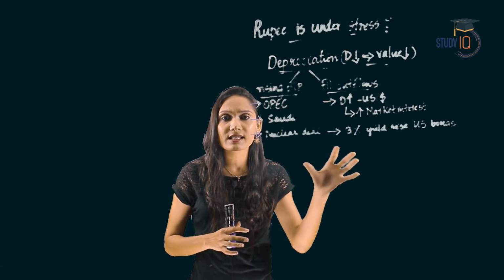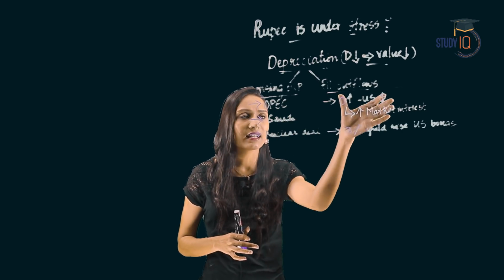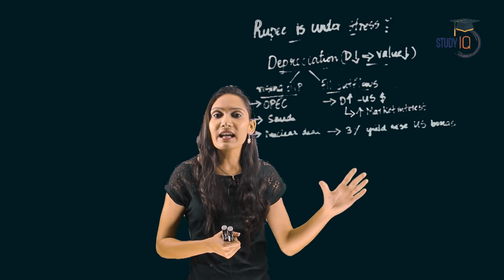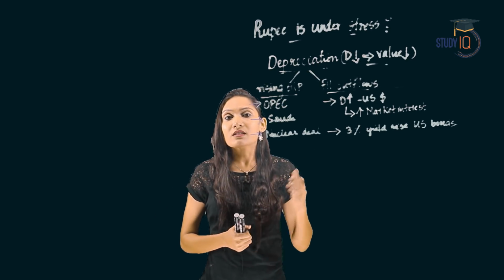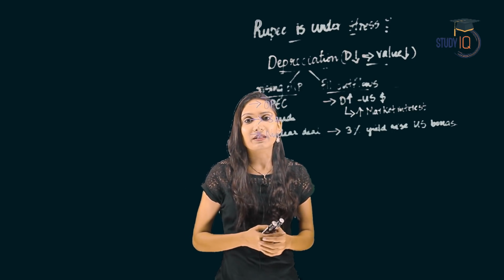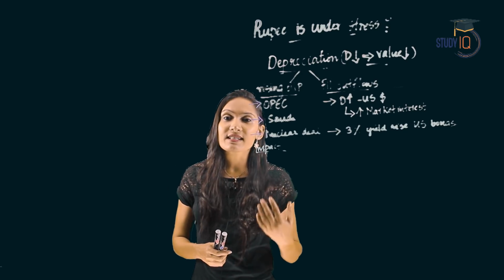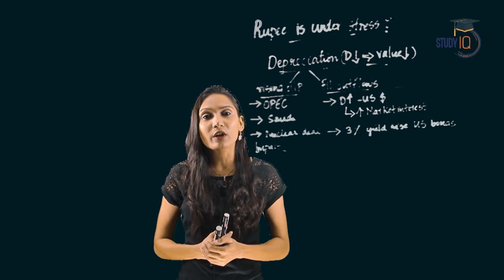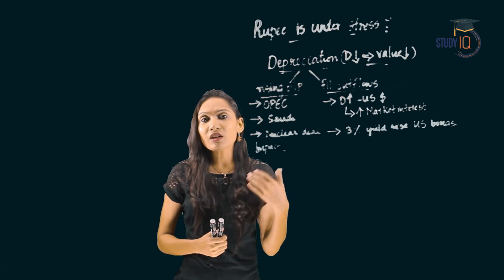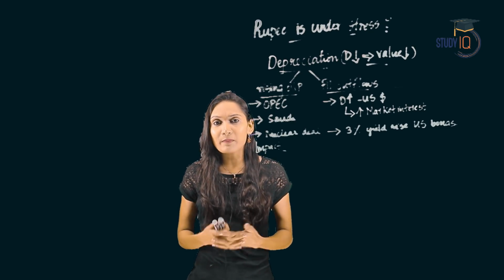Mainly there are two reasons. One is rising oil prices and the other one FII outflows. So, the depreciation of rupee must have some impact on the Indian rupee. So, let us see what are the impact of this depreciation on the Indian rupee. As we all know, India is extremely dependent on crude oil imports for oil demand in the country. So, we cannot forego import of oil from other countries.